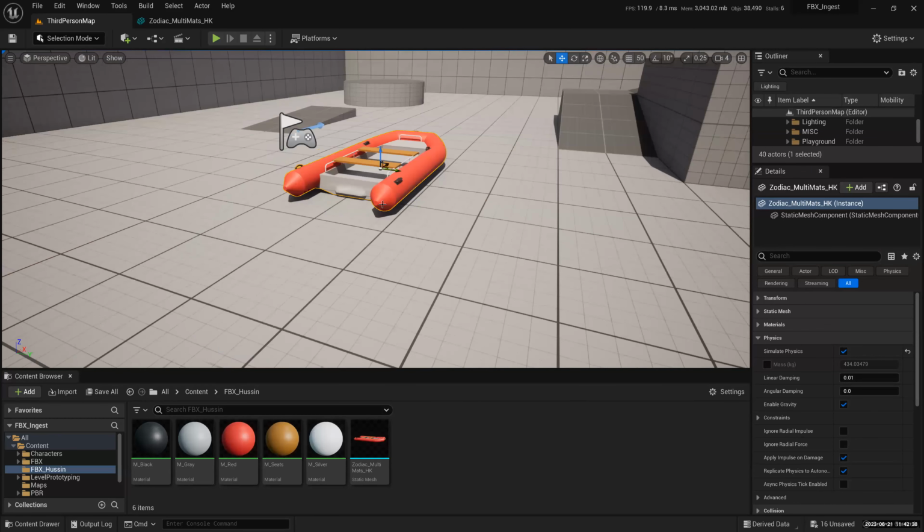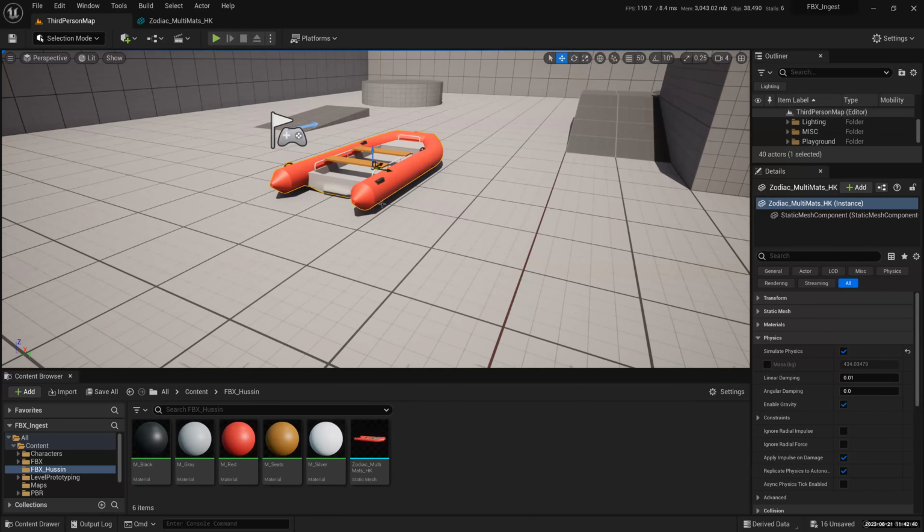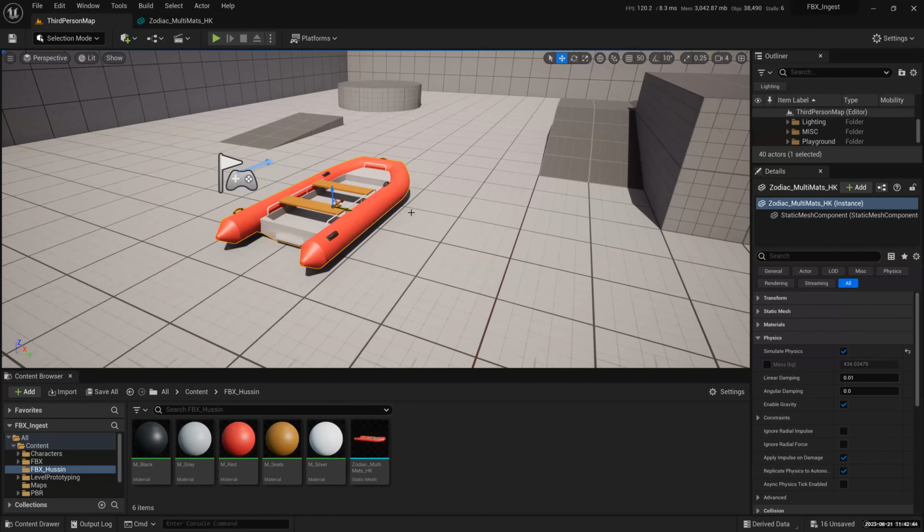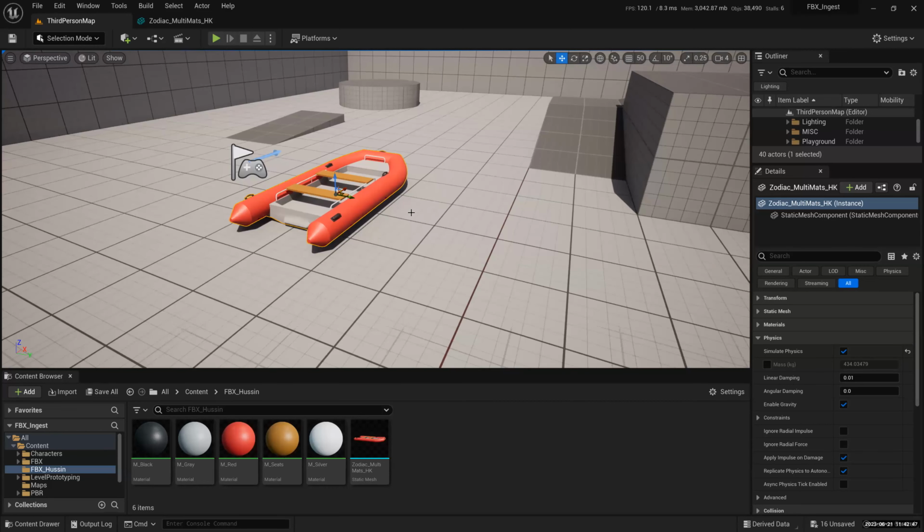I've given you documentation to read through for more details about that. But I'm going to jump into the next topic. I've got two more topics to talk about. Another one is LOD, level of detail.